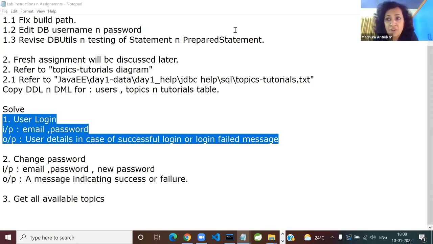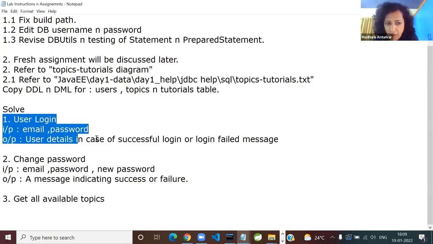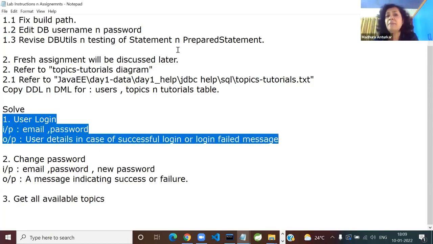Okay, next one. Now you have a choice to make. How are you going to solve this requirement? It is a database, so you have to think in SQL. Which query will you require? DDL, DML, DQL, whatever. Tell me quickly, for solving this login. Select query, DQL, right? So can you tell me?